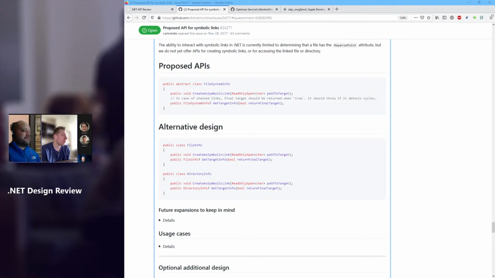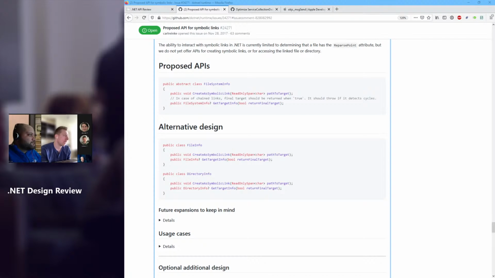That's the slight difference. But the only reason you take two arguments is because you don't have a dispointer, right? The dispointer is the first argument, right? Yeah. So that's why, to me, it makes sense to have symmetry in the naming. That's fair. I had also, in the middle, suggested that the static live on file system info instead of on file or directory, and so the instance one and the non-instance one was the static one. But